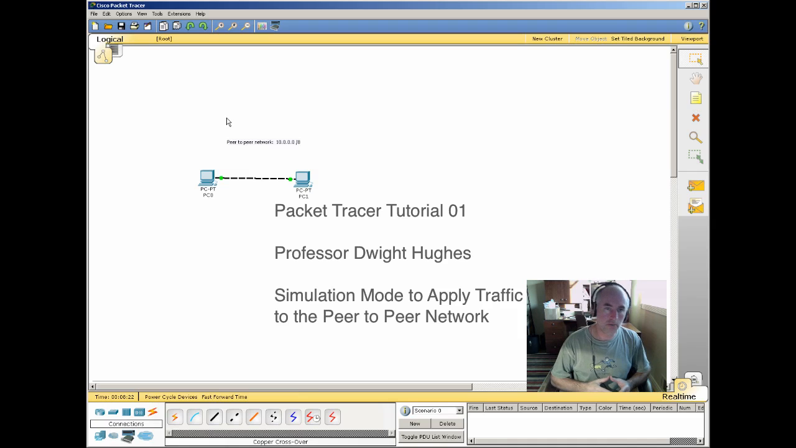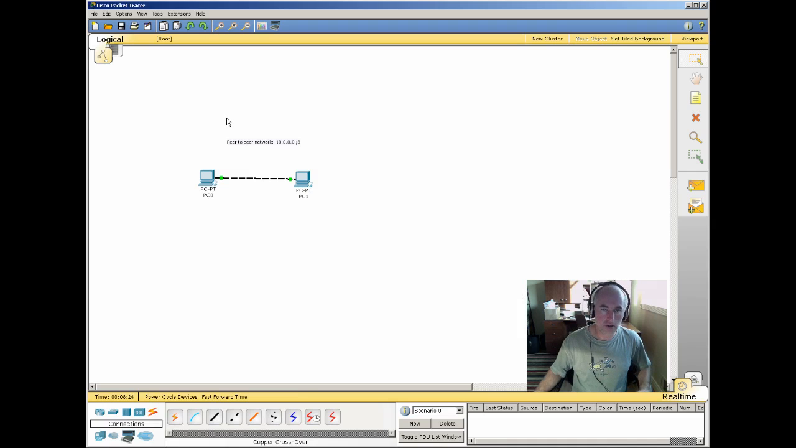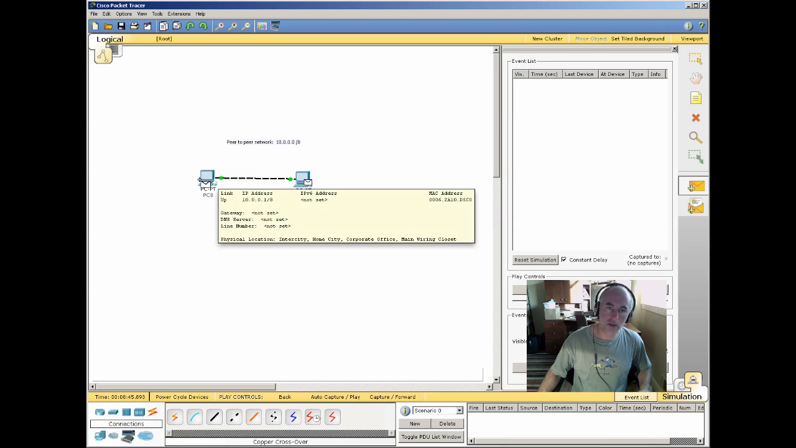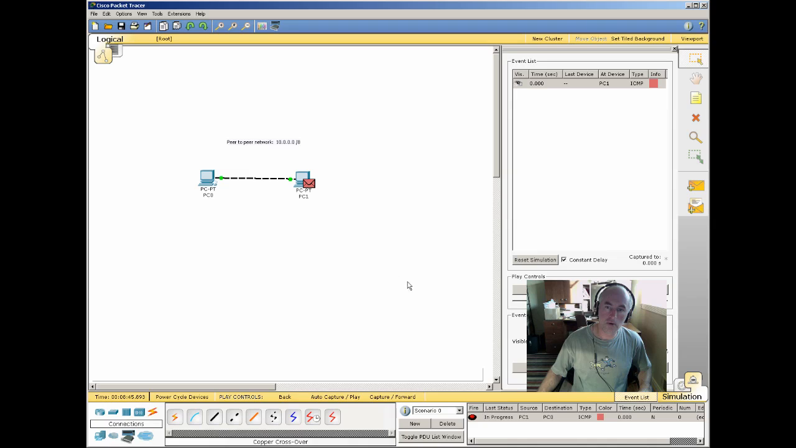Once we have our working peer-to-peer network, another fun way to interact with it beyond typing ping at the command line is to do the pings graphically. In the lower right corner, we can switch from real-time to simulation mode. We can then grab a PDU and we can put that PDU on a device and drag it to where we want the PDU to end up. We can then run the simulation,